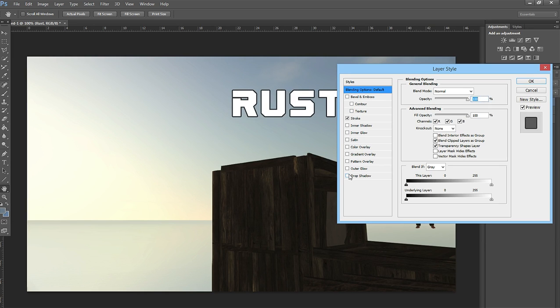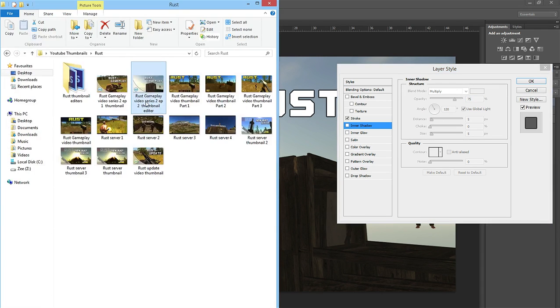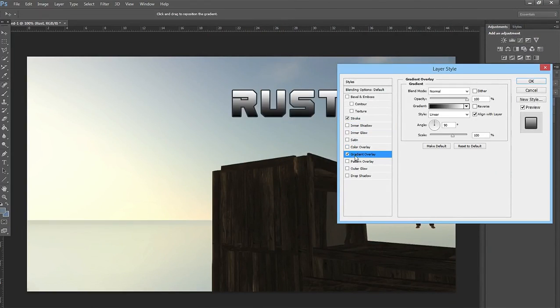But you can add a drop shadow, whatever you like, and really any text is what you like, you can put any text you want. I just use Cyberfall, but a stroke I recommend is really nice. You can just do anything with it. So here I have some gradient on it, so let's put some gradients. Let's see if overlay does the trick. No, so we'll just do normal and bring the opacity down a bit. There we go. Drop shadow,